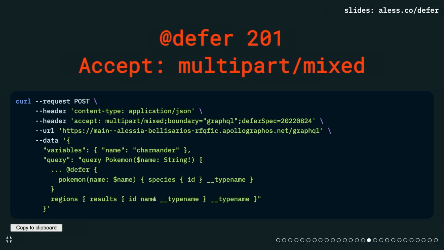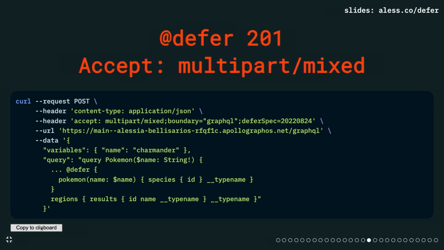And now we're going to move on to defer 201, which is understanding what's happening in the browser when we just apply that simple directive to our query, right? That felt pretty magical to me, and I hope to most of you. So I thought it'd be interesting to look at what is the underlying delivery mechanism that makes this possible. So in Apollo Client, when we receive a query that has defer in it, this is the request that we're